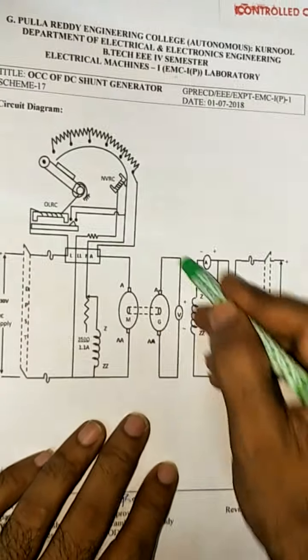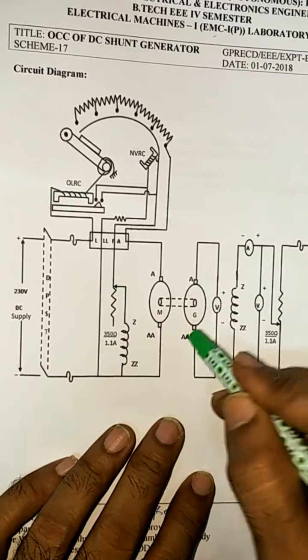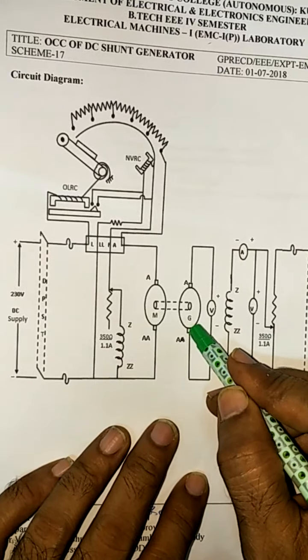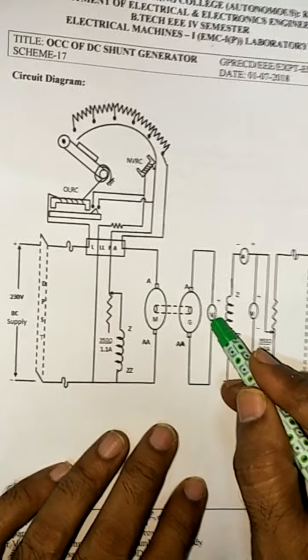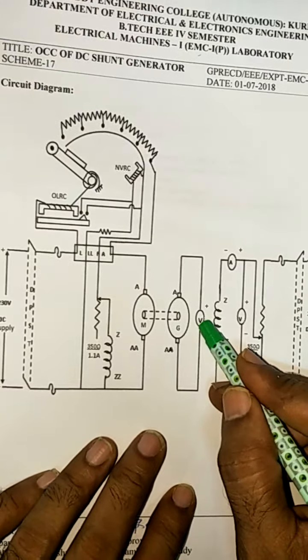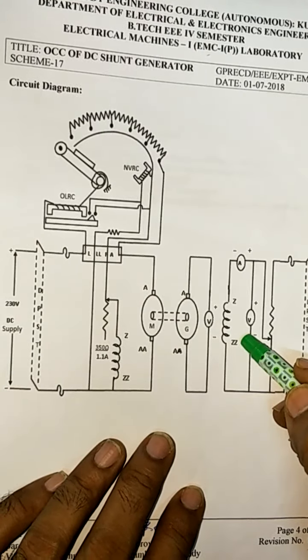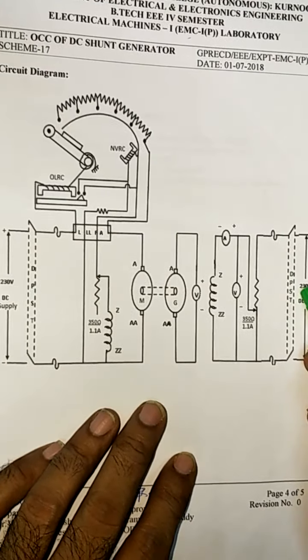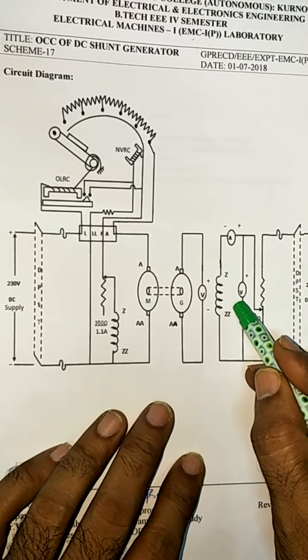Based on the nameplate details, you can see the voltage rating of the voltmeter connected across the armature. We have already seen from the nameplate details that the generator voltage rating is 220 volts, so the range of this meter should be 0 to 300 volts, and the type of voltmeter is moving coil. Similarly, for the voltmeter connected across the field winding, here also you are going to apply 230 volts. Definitely the voltage rating should be 0 to 300, and the same moving coil type of instrument.